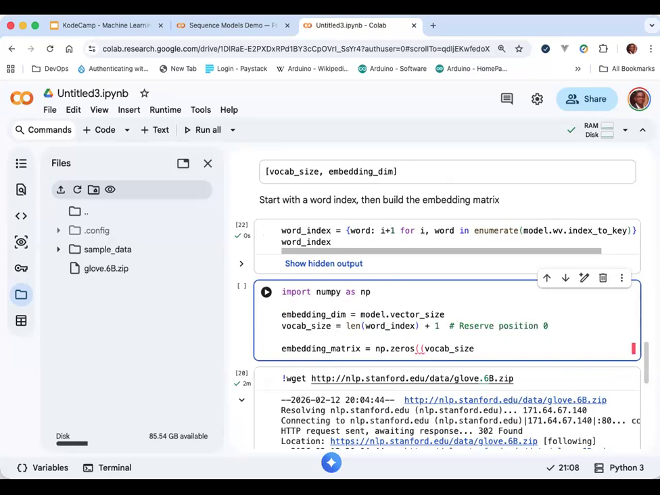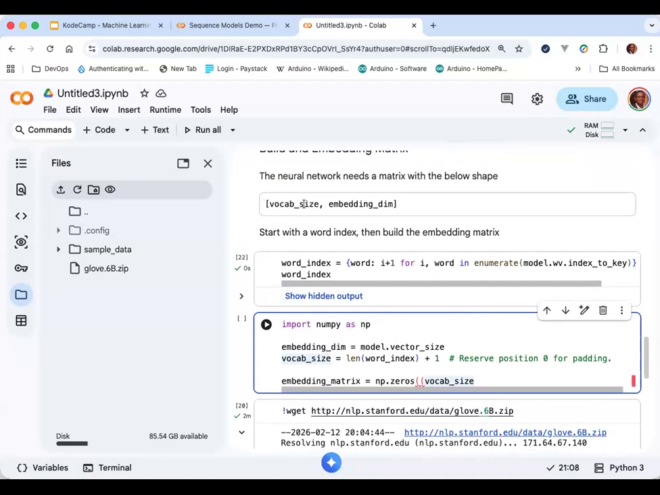So we reserve position 0 for that padding. That's why we didn't start from 0 here. We started from I plus 1. So we started from 1. Okay. Right. So now the vocabulary, the embedding matrix is going to be, remember, the dimension of this vocabulary size